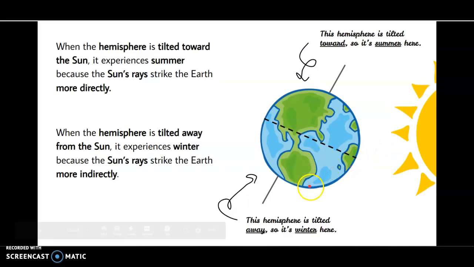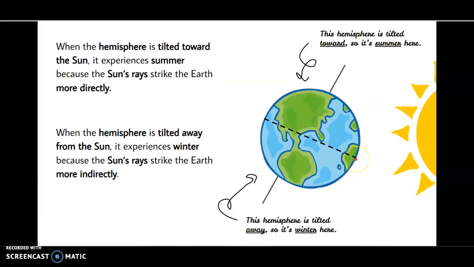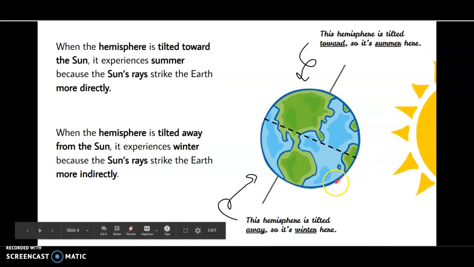In the southern hemisphere, very little of it is in that sun's coverage during the day. So the days are really short. That's what we're experiencing when it gets dark at 5:30 at night. And it's really cold because we're not getting that intense light. We're getting less direct sunlight. And so with DIY4, you should have understood by now that the seasons in the northern hemisphere and the southern